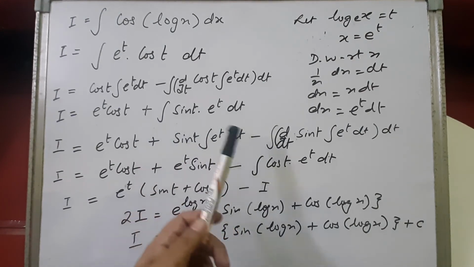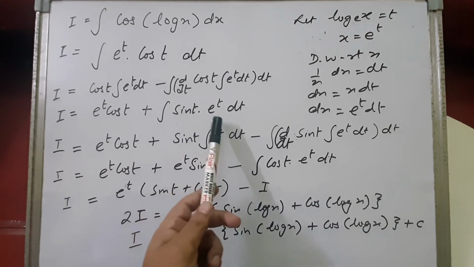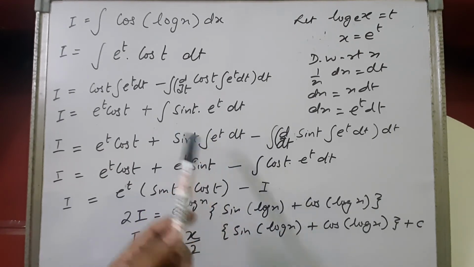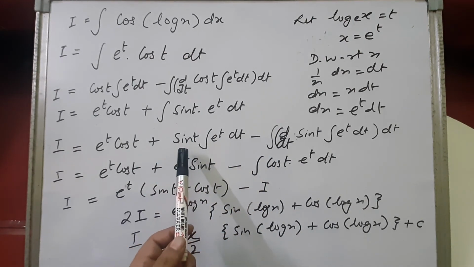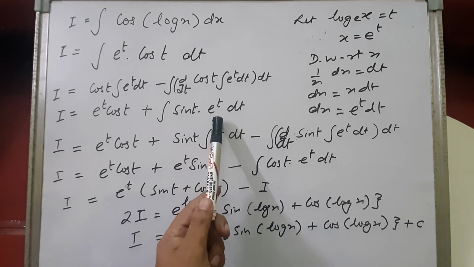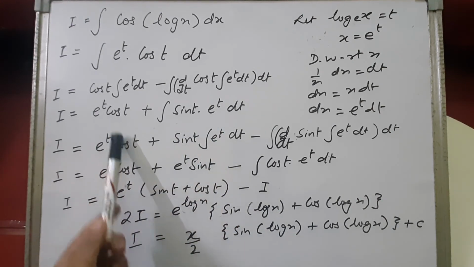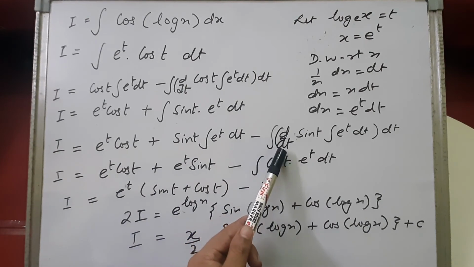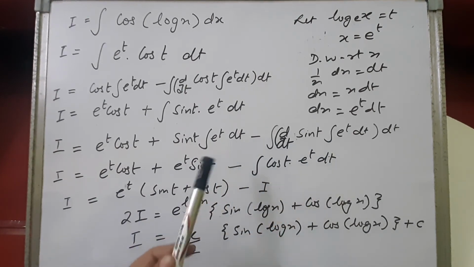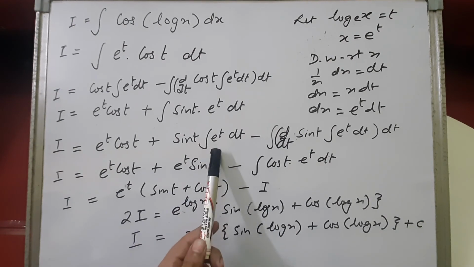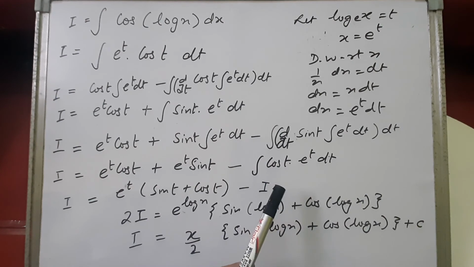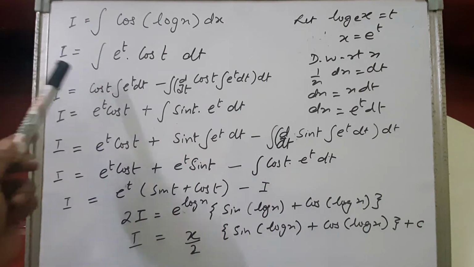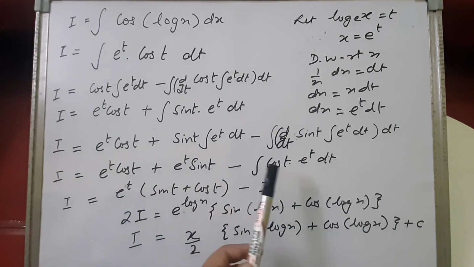Now again we are applying ILATE, integration by parts here, because again trigonometric and exponential functions are in product form and we have to integrate these terms. So how are we going to integrate? By applying by parts. Let's say this is the first function, this is the second function: first function into integration of second function, this will come as it is, minus integration of d by dt of sin t into integration of e to the power t dt, to the whole integration. We know that integration of e to the power t is e to the power t, so sin t e to the power t minus integration of cos t e to the power t dt. Right. Now this e to the power t cos t dt we have assumed as I. So in place of this we can put I.